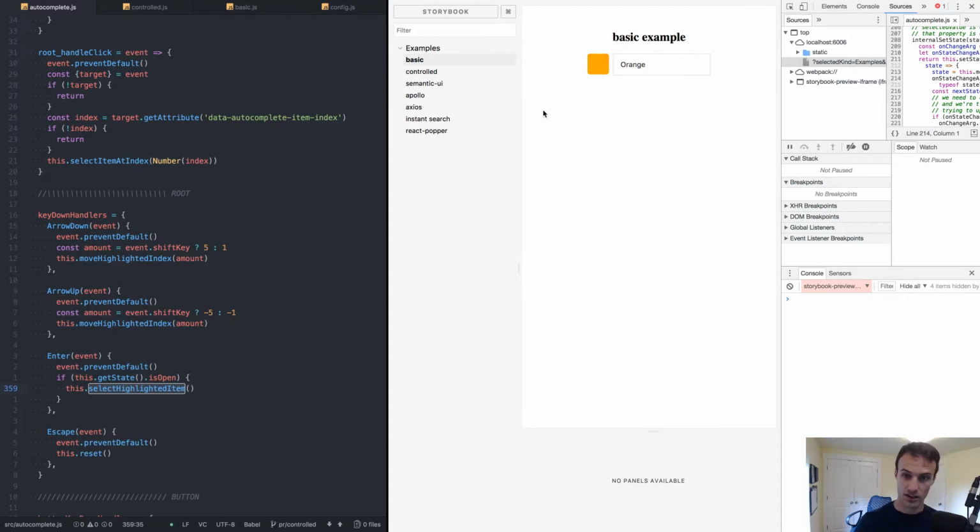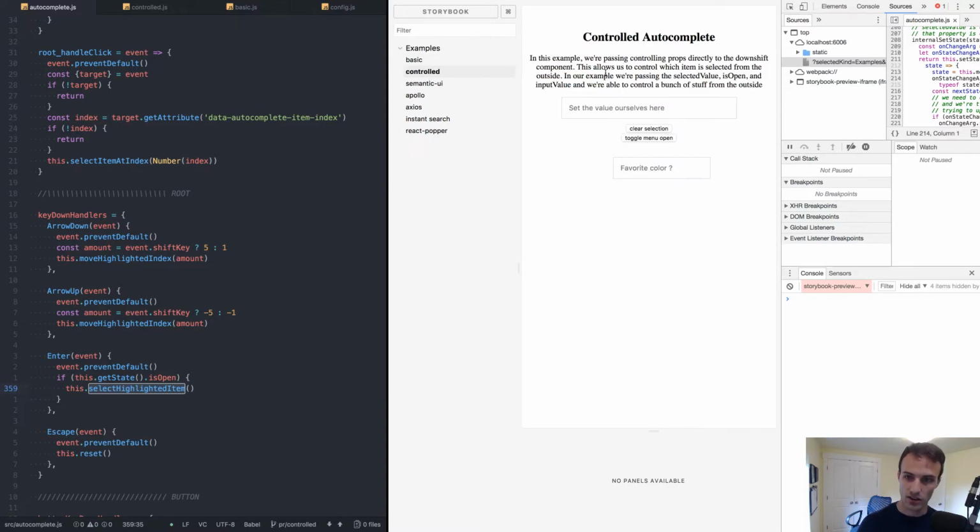So that is the uncontrolled. You really don't have any control over what's going on inside of the component. It's just like, here's your component, you render things however you like, and when the user makes a change, I'll let you know. The controlled scenario is where, let's say you want to be able to control whether,